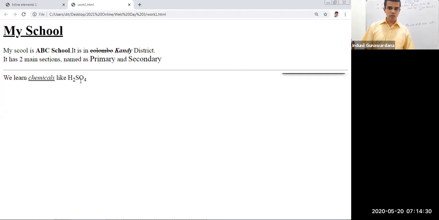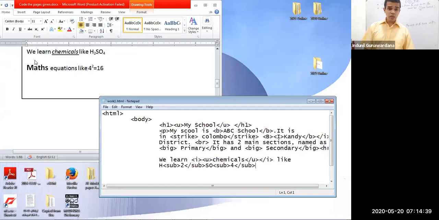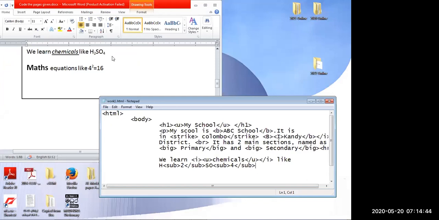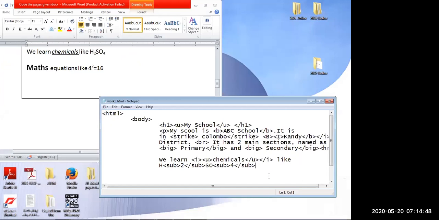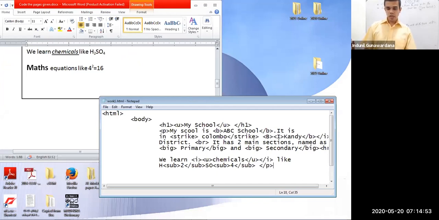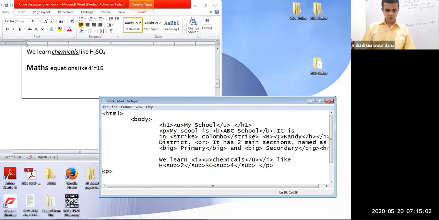Then we learn chemicals like H2SO4. Then if I'm going back to my output, after that we go to maths on the next line, but there's a blank line. If so, this maths should be a new paragraph. That is, the earlier paragraph finishes at this H2SO4. Now I'm closing the first paragraph and starting the next paragraph to say that maths. So I'll go to the next line. Then my code will be a bit neat.